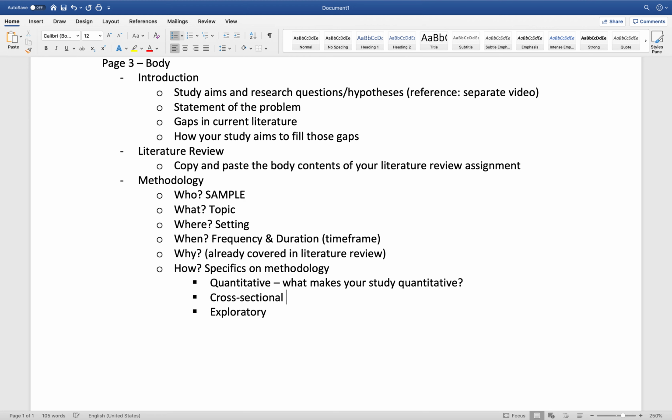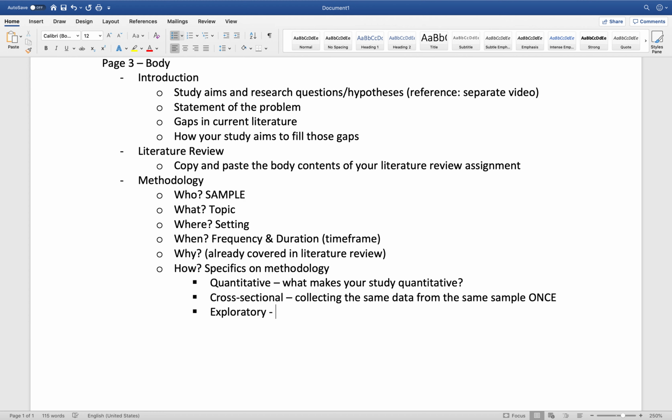Cross-sectional. Why is it cross-sectional? Because it's not longitudinal. You're collecting the same data from the same sample once. All right. Now, if this were twice or anything more than once, then it would be a longitudinal study. But you're writing out the fact that this is a cross-sectional study because you'll be collecting the same data from the same sample once. And it's exploratory because